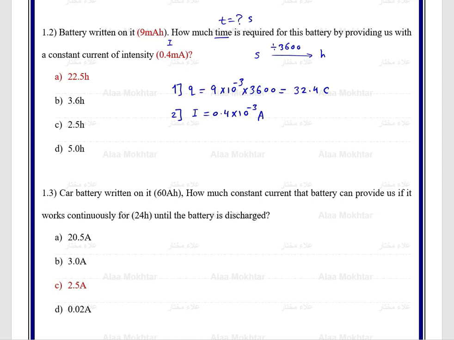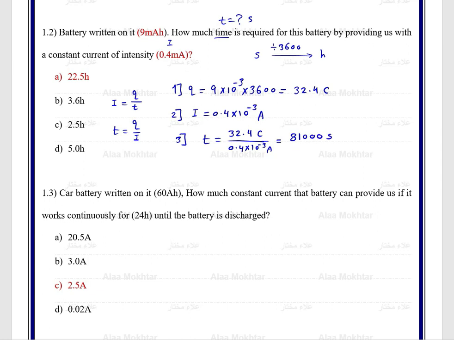All of us know this equation. I equals Q over T. T equals Q over I. So the time T is Q, 32.4 coulomb, divided by 0.4 times 10 to the negative 3 ampere. The answer equals